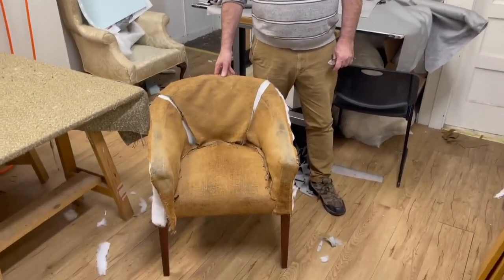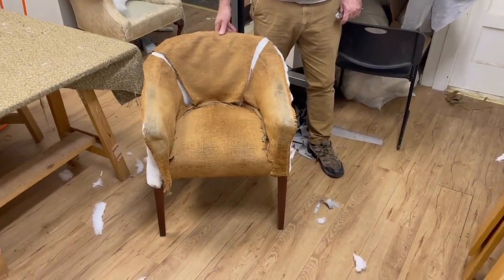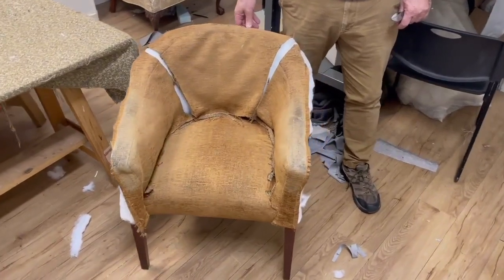So we've been really busy with online classes and other things, so custom upholstery is one of them. So an interesting project came into the shop. This is like one of 10,000 pieces. It's a manufactured piece. I probably would see this, you would see this in a hotel, a large hotel as